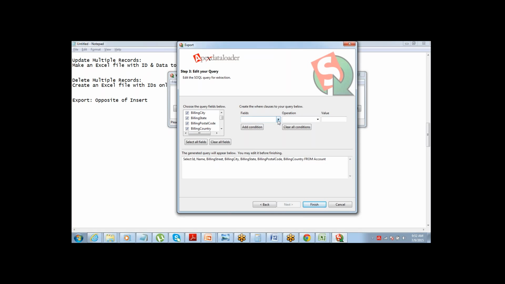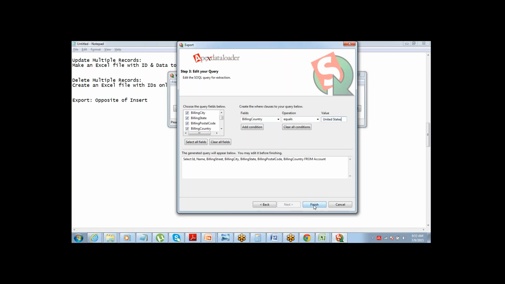In case you want to put any filter criteria, you can put that here. Let's say I put a filter criteria: only give me the accounts where the billing country equals United States. So it will only export the records where the billing country equals United States.